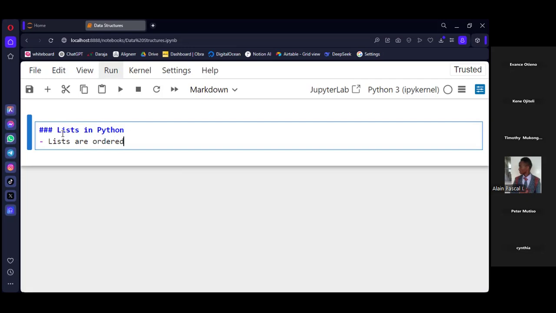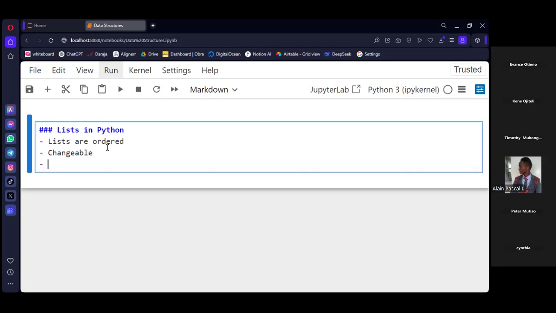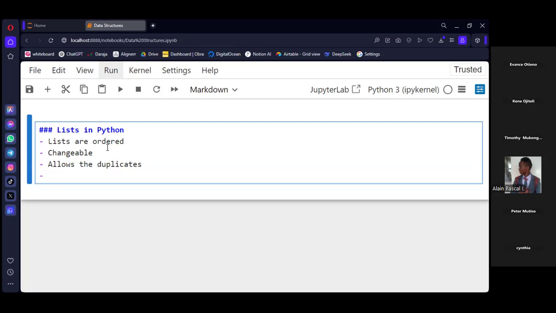We are going to demonstrate this one in a few. And then another characteristic is that lists are also changeable. Once you define a list, you are able to change it. It is mutable. It also allows duplicates, and in Python it is defined in square brackets.